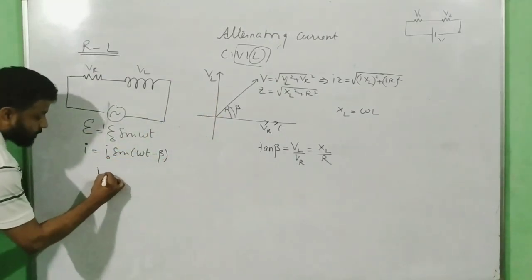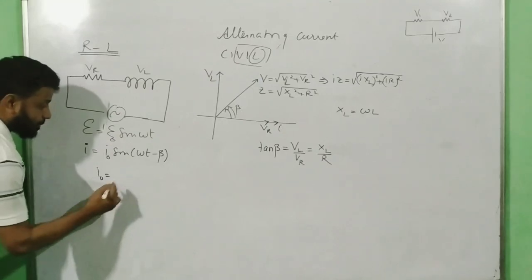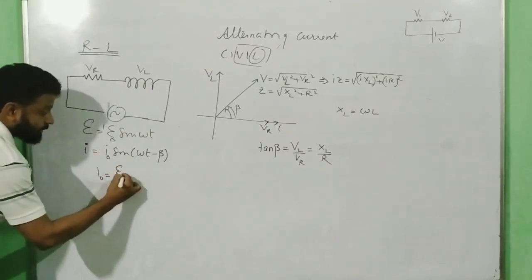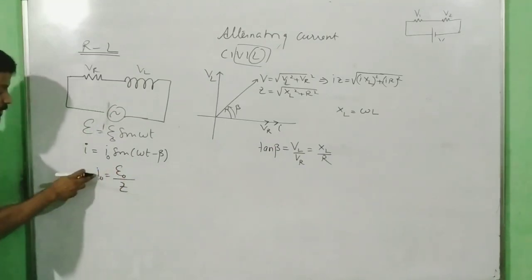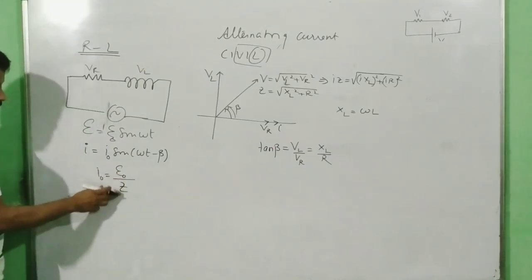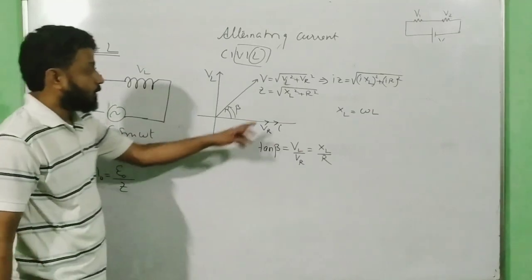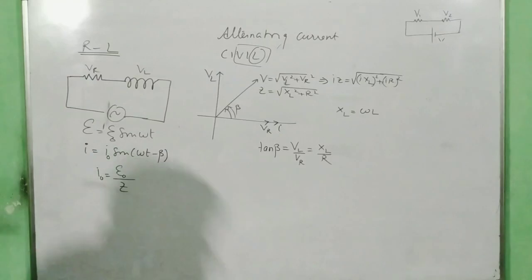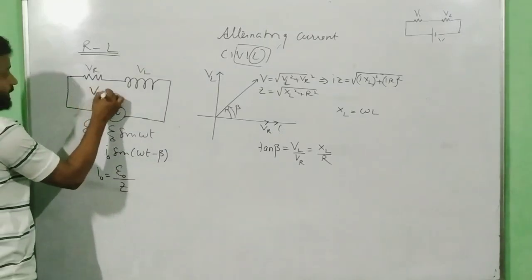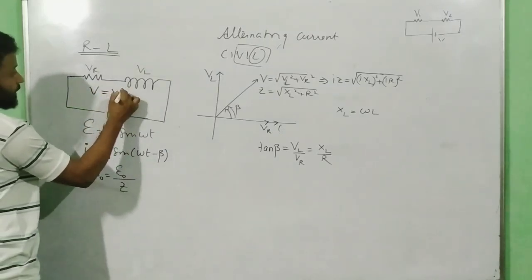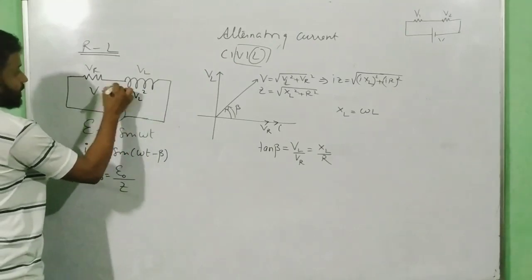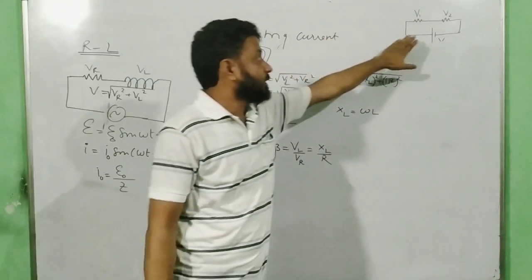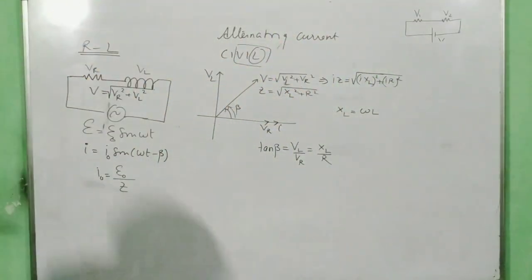And how will you find the value of I naught? I naught will be equal to perpendicular by base. What is perpendicular? I'm so sorry. I naught will be equal to net EMF, that is the peak voltage divided by Z. When you want to find peak current, it has to be peak voltage divided by total resistance Z. And total resistance Z is root over of XL square plus R square. Okay? And again I will write here, this is important. This you don't forget. Never forget this. It is not as per this in AC, it is as per this.